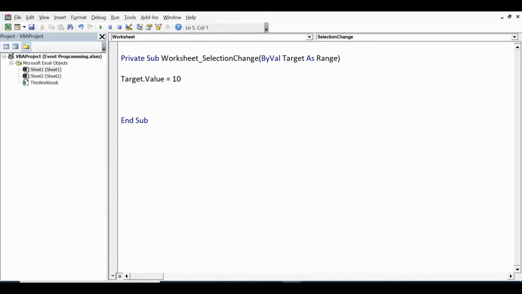Now I want to fill color in my selection. So I'll write here Target.Interior.Color = vbGreen. So now what will happen? The value will be 10 and the background color will be green.